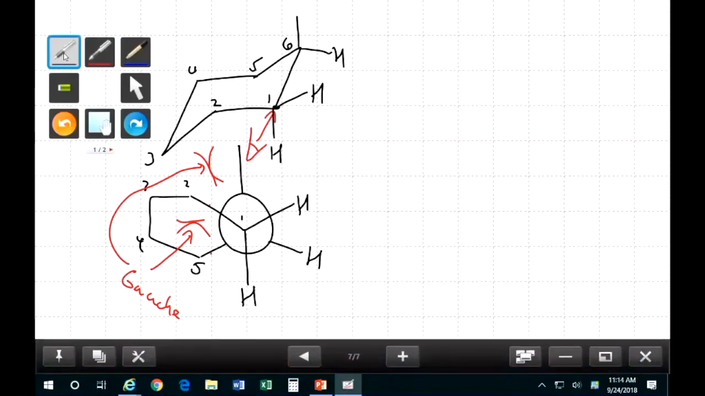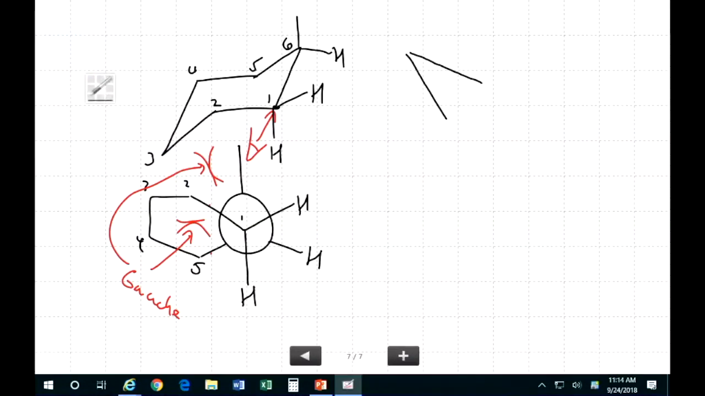if I have the other chair conformation, this one's a little harder, right? Here's carbon 1, 2, 3, 4, 5, 6, right? No,